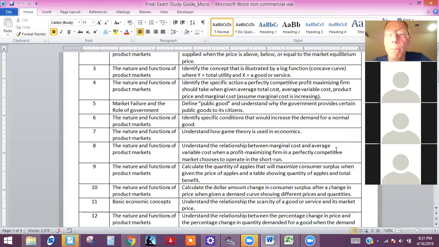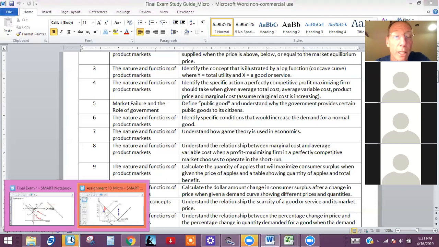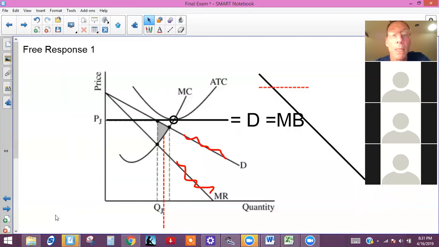Understand the relationship between marginal cost and average variable cost when a profit maximizing firm in a perfectly competitive market chooses to operate in the short run. So we're talking about marginal cost and average variable cost when they choose to operate. Okay, now I'm going to draw that. I'm just going to show you guys how easy that is just to draw. So I'm going to jump over here